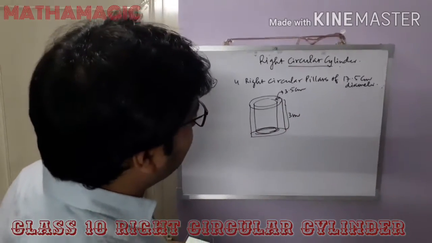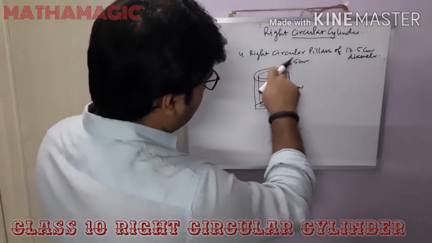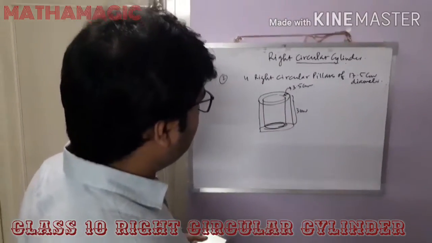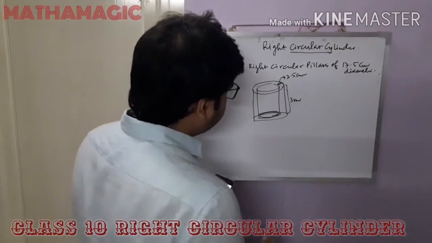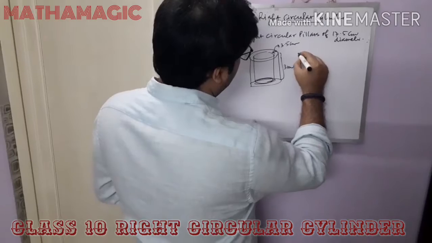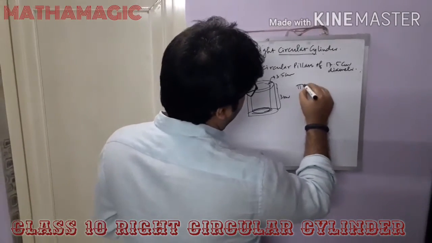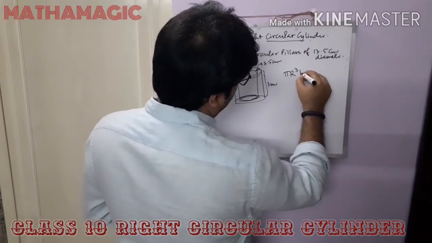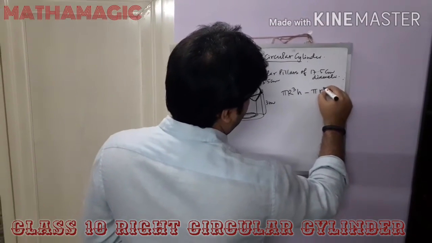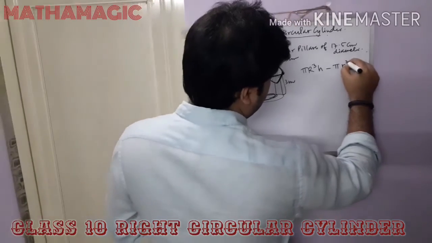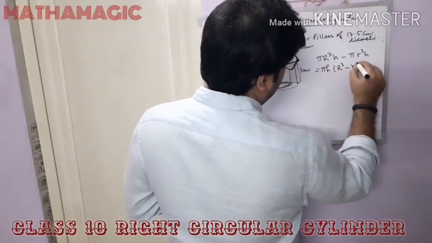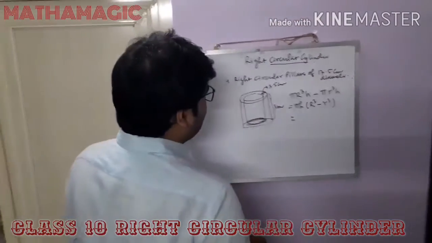In order to calculate this volume, we have to calculate the whole volume and subtract the volume of the current pillar. So for the purpose of understanding this, we have to use the formula as pi capital R squared h minus pi small r squared h. If we take pi h common, then capital R squared minus small r squared. Now what is the capital R?